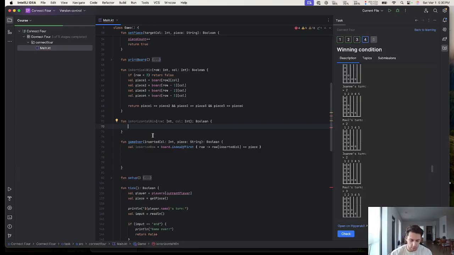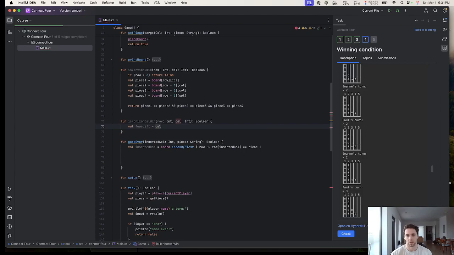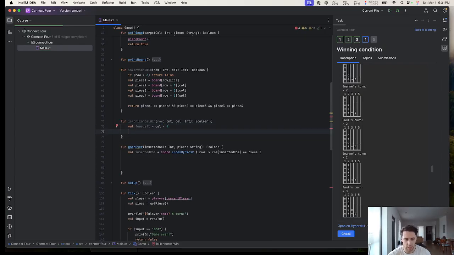Okay, so let's translate that. Val 4 left equals col minus 4. If I do 1, it would be 0. What am I saying right now? 0 minus 4. Yeah, I'm pretty sure. I'm just thinking about too much stuff right now. Okay, so if that's 4, 0,